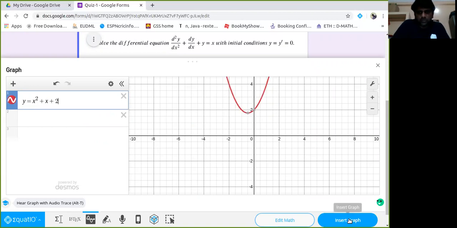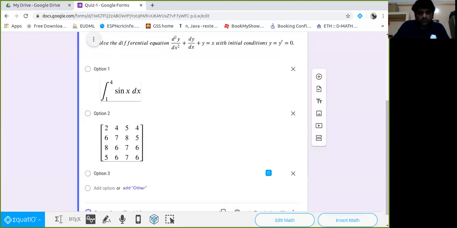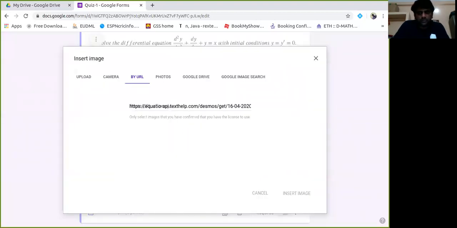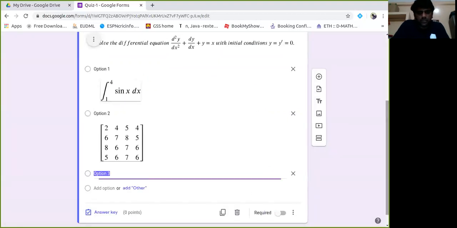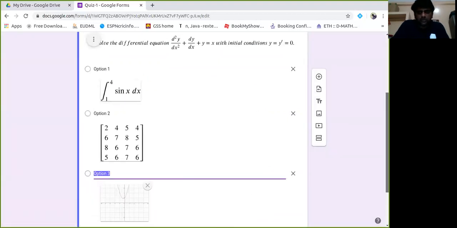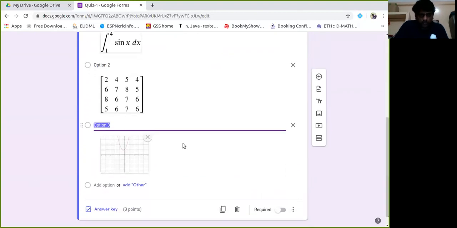See, this is the graph of this equation. Just click on insert graph. In option 3, you can see this is the graph of y is equal to x square plus x plus 2.